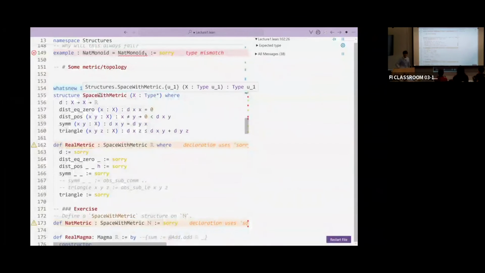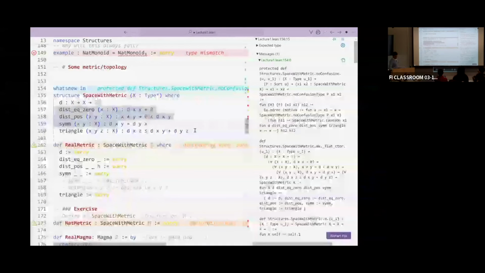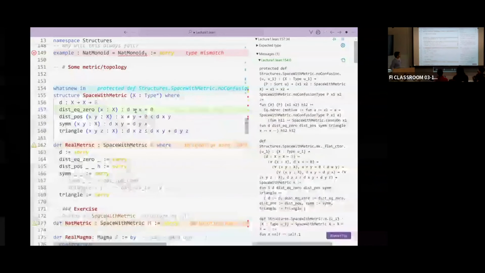Okay, so I'm defining a space with metric. It's a type, to which I'm giving some properties, and these properties are actually the usual properties you would require for a metric space. You have a distance, that I call d. I require it to be 0 when x equals y, and if they're different, it is strictly positive, it is symmetric, and it satisfies the triangle inequality.